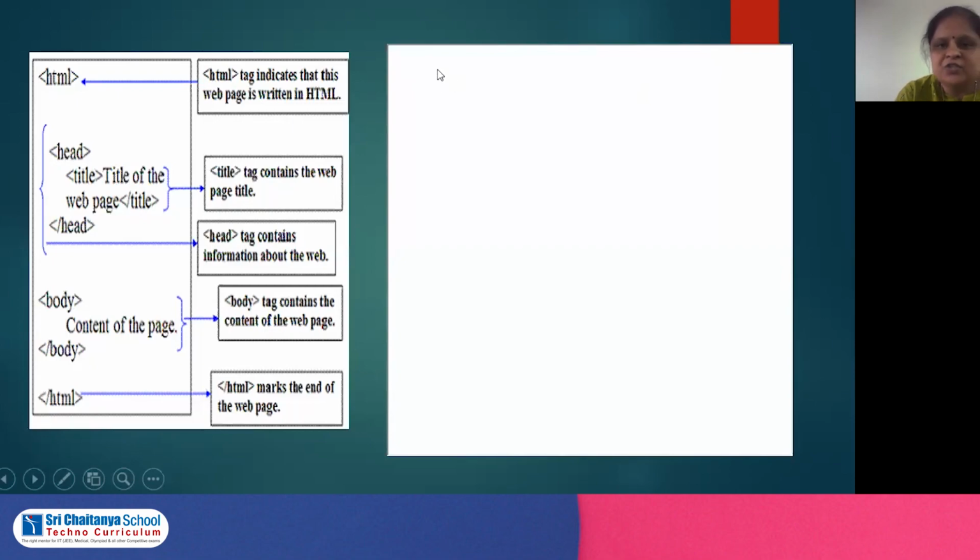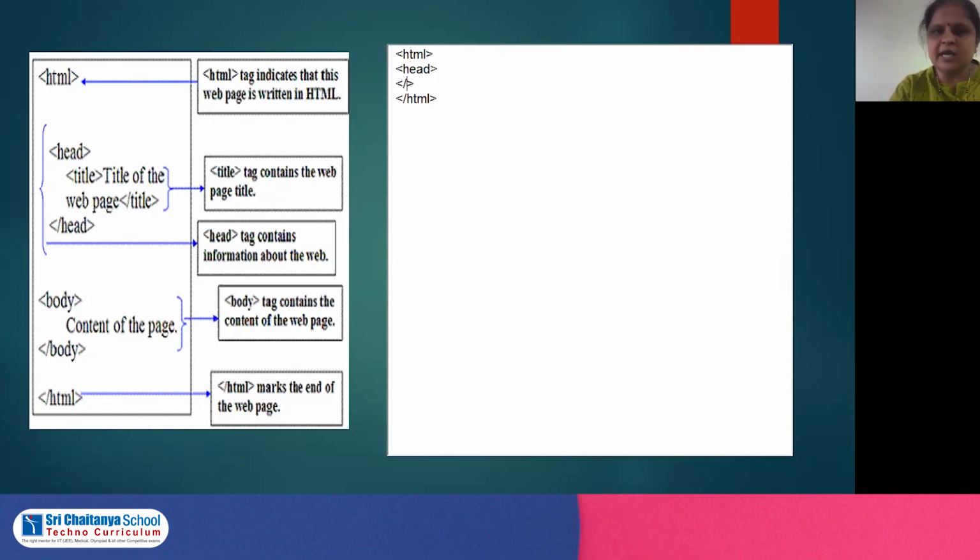Every HTML page will start with the html tag, and the complete program will also end with the closing html tag. So this is a starting tag and this is an ending tag. Now in between this, what will happen? Head will come. First we have to write about head, and again we have to close the head.